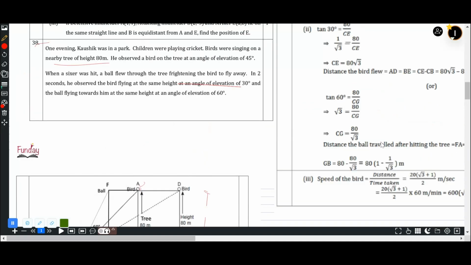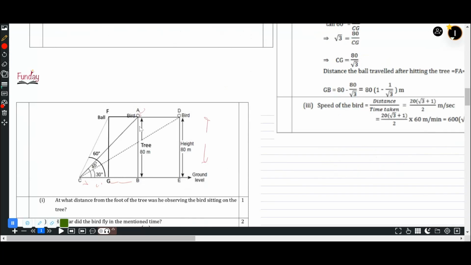तो यहाँ से आपको CE मिल गया क्योंकि tan 30 की वैल्यू आपको पता है 1/√3, राइट, that is equal to AB by CE, तो आपको CE मिल गया यहाँ से। नाउ डिस्टेंस कितना उड़ा बर्ड ने, AD इज इक्वल टू AD। आप देखें इस फिगर में AD इज इक्वल टू BE, तो BE क्या है, BE इज इक्वल टू CE माइनस CB, और CB आपको पहले मिल गया AB से, राइट, AB से आपको CB मिल गया था which is 80 meters only, right,